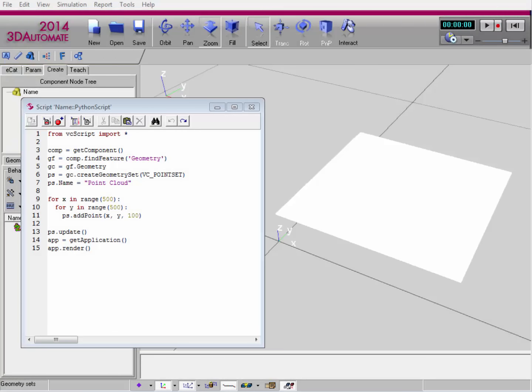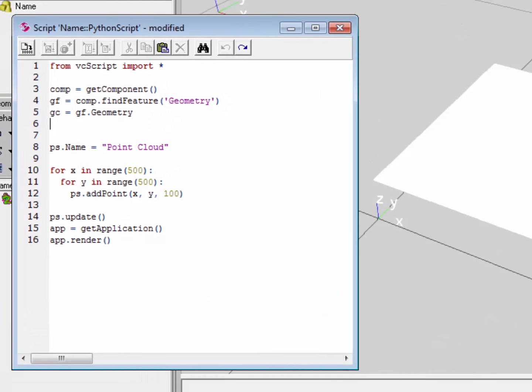I'm now going to show you how to remove points that you've created in the 3D world. Now points can be removed by using the clear points method with the point set object. Note that when you use this method you're removing all points in the point set object you're working with. So what I'm going to do right now is I'm going to get a handle for the point set that I named point cloud, because I don't want to recreate another point set object. So what I'll do is I'll go ahead and loop through the geometry sets that are in the container I'm working with. So I'll say for gs in gc, geometry container dot geometry sets, and this property returns a